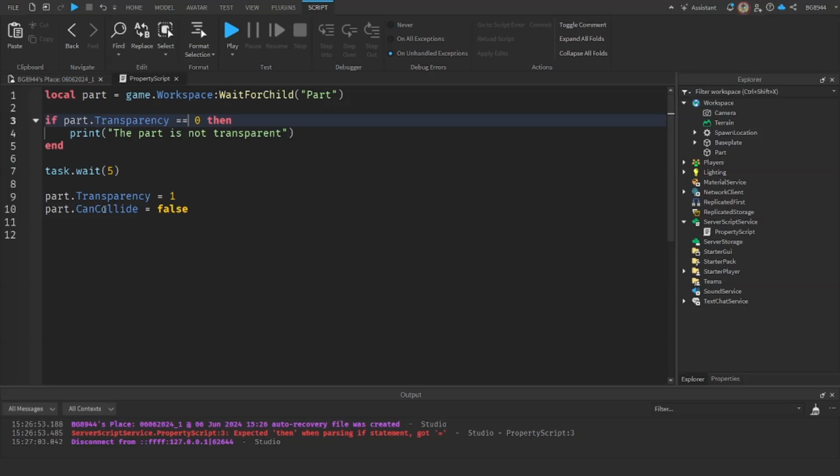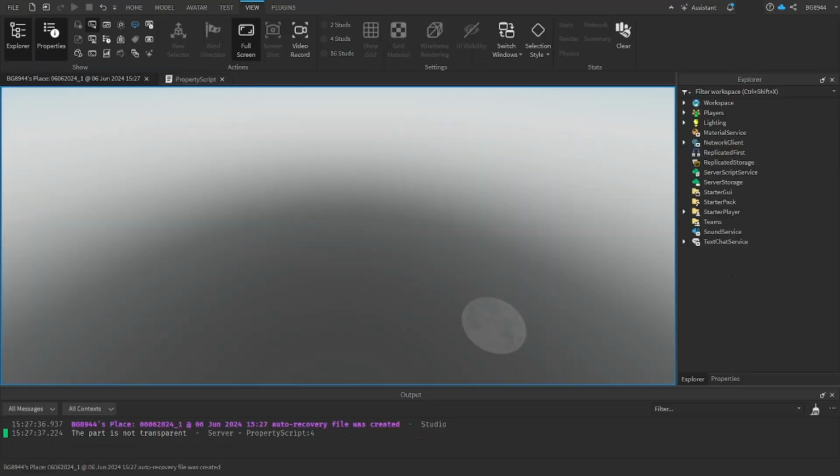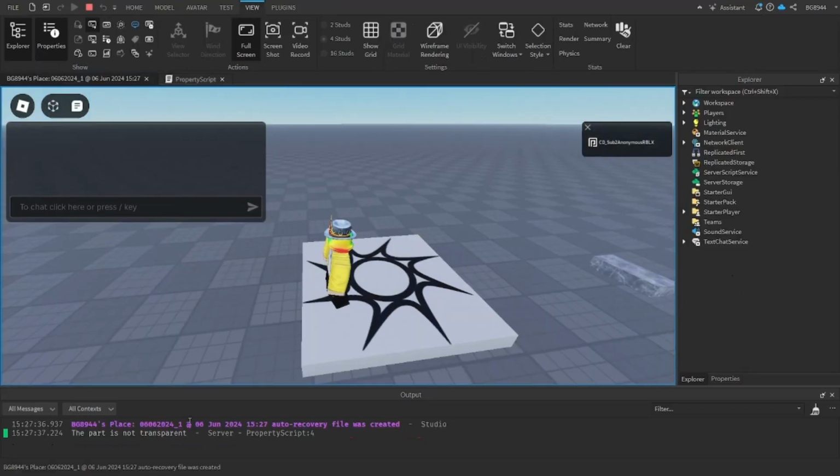So when we're setting the value of a property to false, then we're going to use one equal sign. But in this scenario, by saying this, all we're doing is setting the transparency to 0. We need to use two equal signs to actually check if the part transparency is equal to 0. So now, when we hit play, as you can see, it printed out the part is not transparent because its